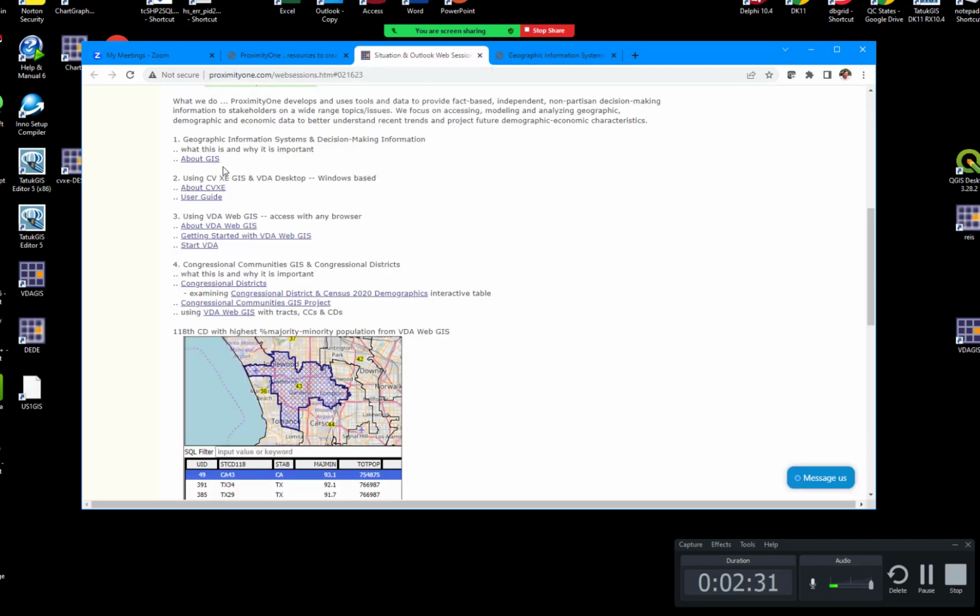So there's an introduction to GIS. Today I'm going to talk about item 2, using the Proximity 1 CVXE GIS, which is a Windows-based desktop geographic information system. You can see 2 links here, which I don't intend to explore right now, but you can come back and use those links to find out more about both this product and the user guide. And item 3,